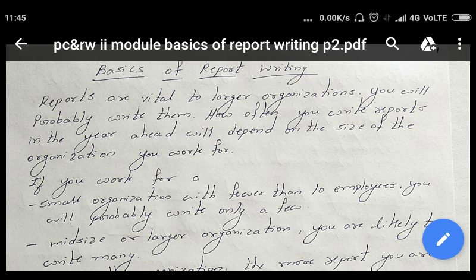Similarly we also submit a report on the weekly number of classes, how many classes we have taken per week, and how much syllabus we have covered. All this information is collected from the different staff, and then you put it into the specific format, and this is the report which you send to the academic coordinator. So this is one type of report which you will be preparing.